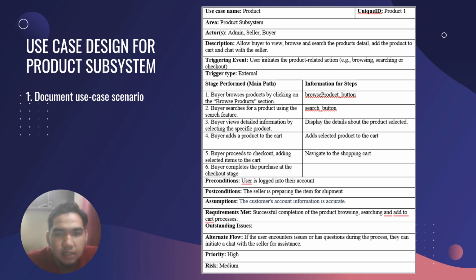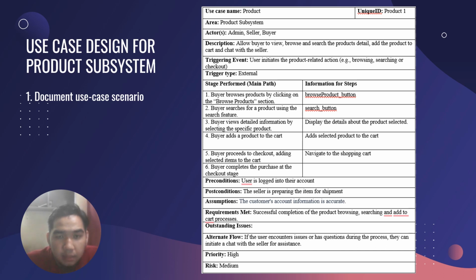This is the use case scenario. The actors in this subsystem are admin, seller, and buyer. So this system will allow the buyer to view, browse, search the product detail, add the product to the cart, and chat with the seller. The trigger event is when the user initiates the product related action such as browsing, searching, or